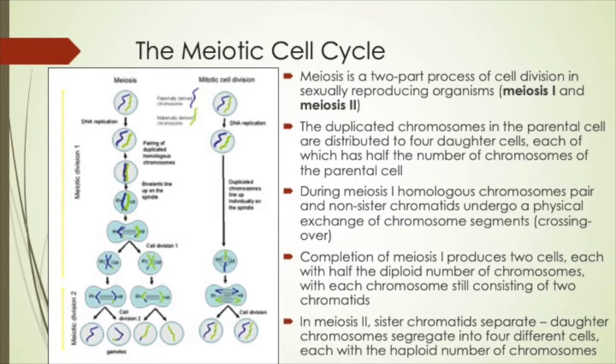In meiosis 2, sister chromatids separate. Daughter chromosomes segregate into 4 different cells, each with haploid number of chromosomes. So at the beginning you have 2, it'll duplicate, those will split, and then you'll have 4 cells, each with haploid. And you can see this on the side here,